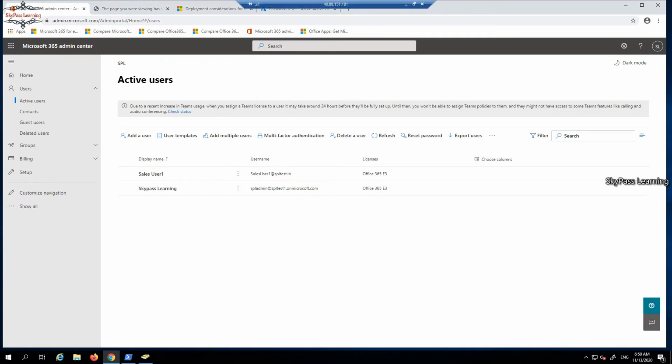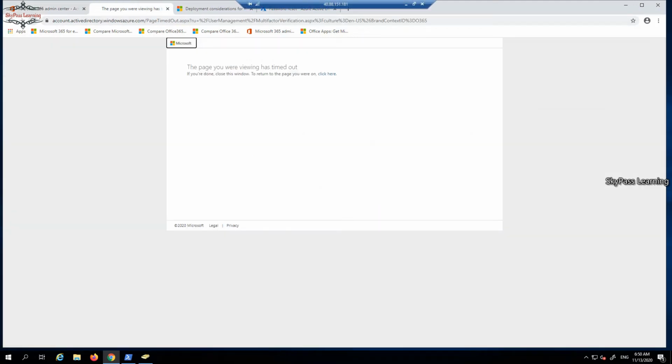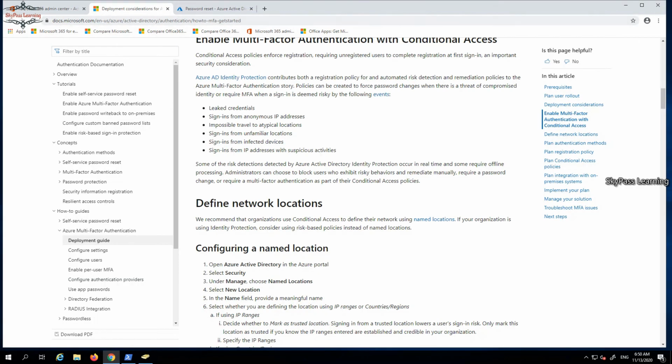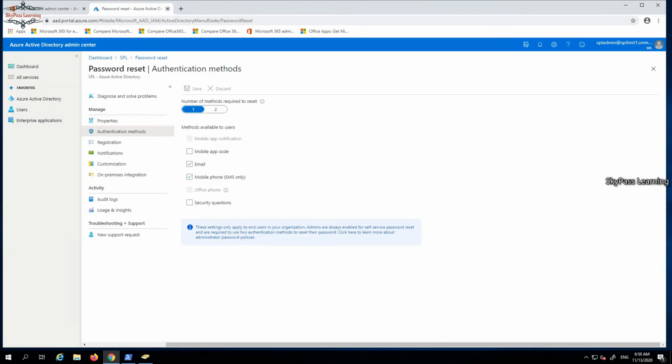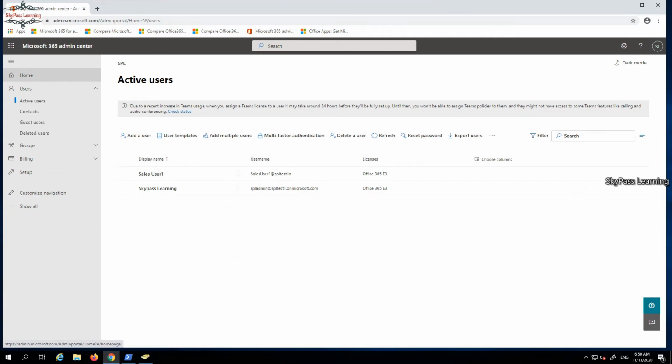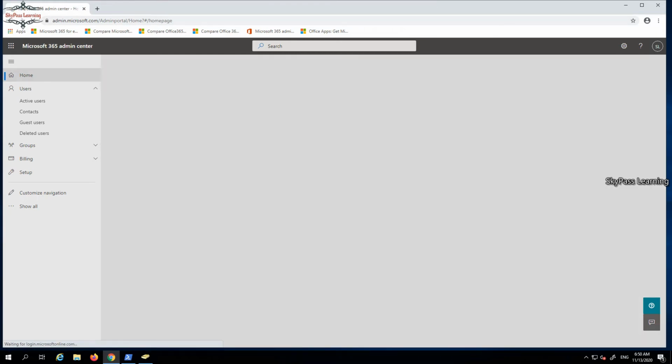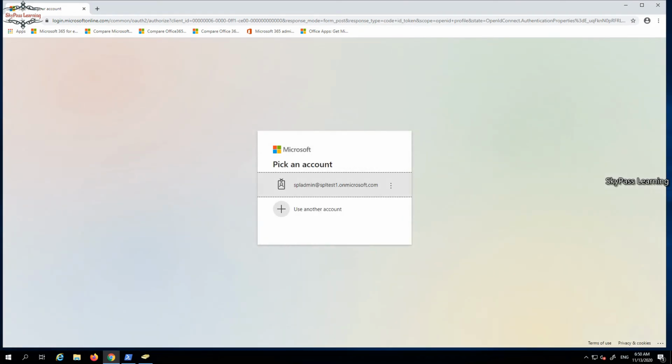Okay, so now I'm going back. It's timed out, so let me close everything. Once I go to my home page in the Office 365 Admin Center, let me quickly log in.